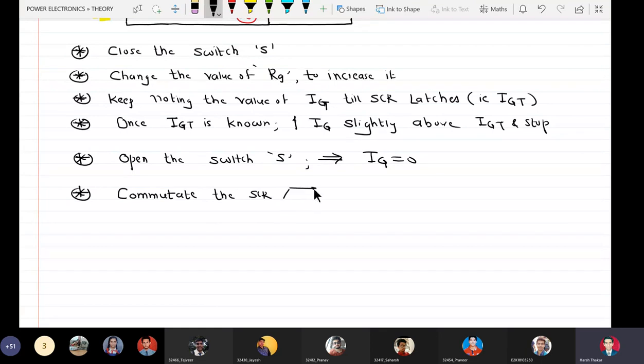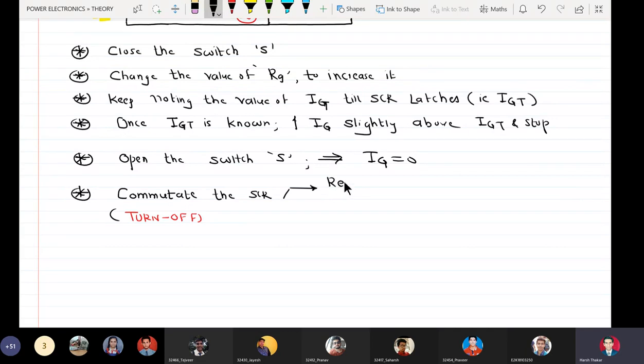Commutate the SCR, that is, turn it off. Just like turning on the SCR is called firing, turning off the SCR is called commutation. To commutate the SCR, there are two ways.